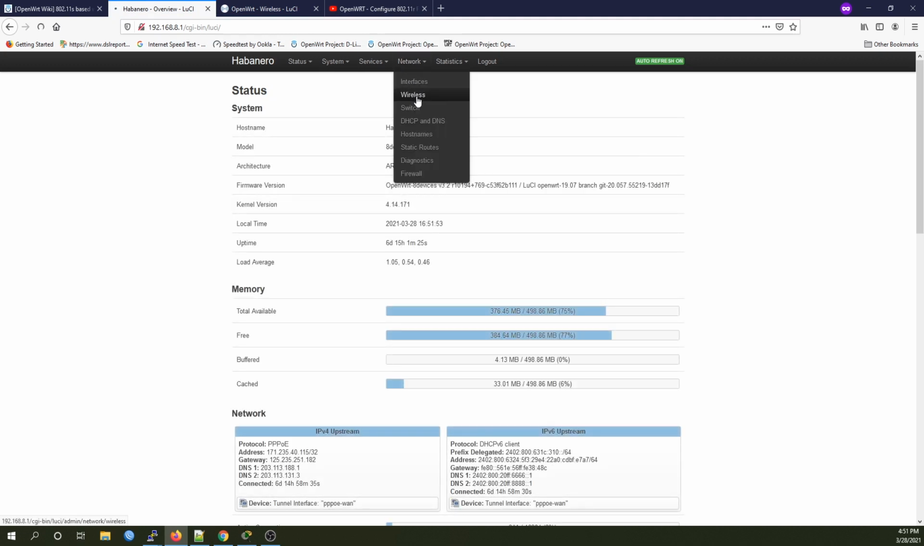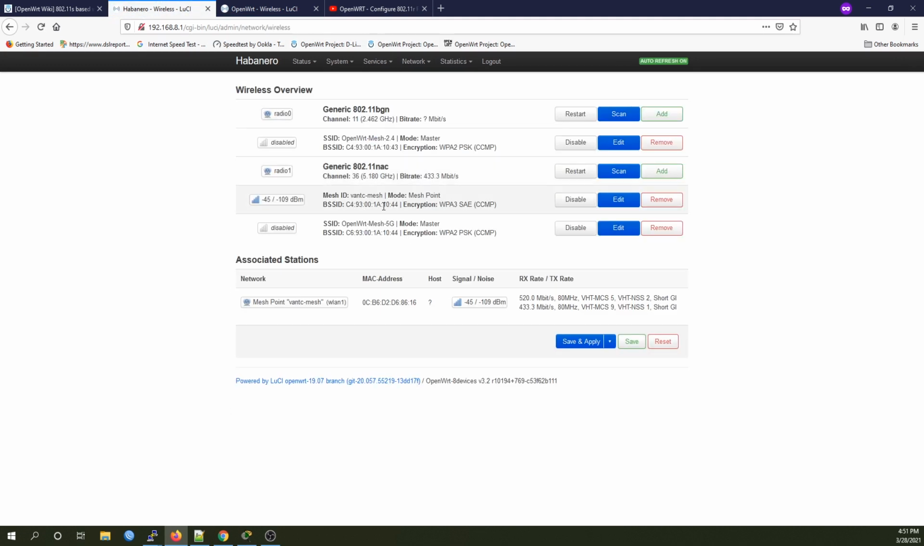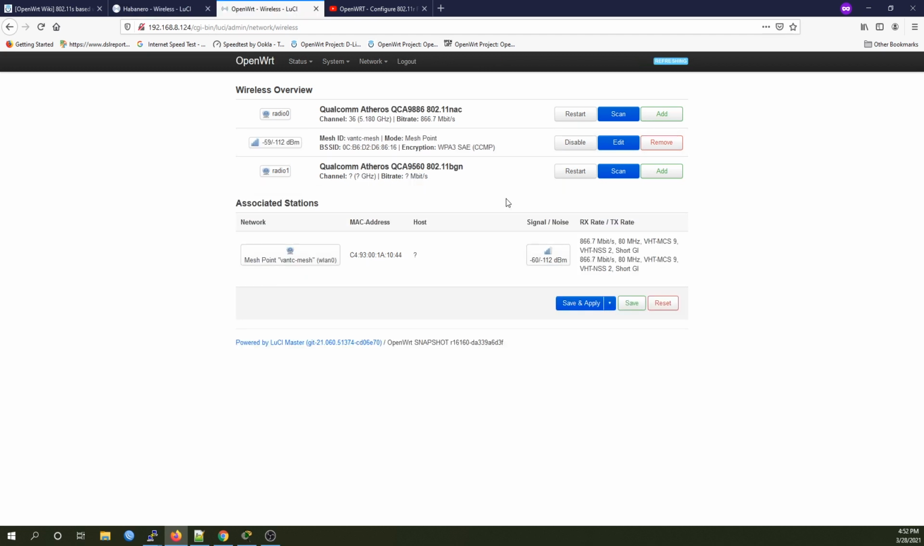So network, wireless. Alright, so we can see that we have the 2.4 Wi-Fi and the 5 GHz Wi-Fi running on this mesh connection. There's something wrong with the Habanero software, showing the AP as disabled, but actually it is up and running. Let's do the same for our second node, which is the